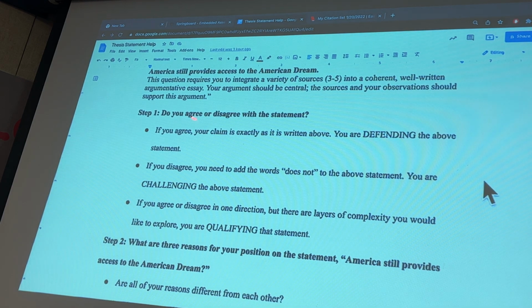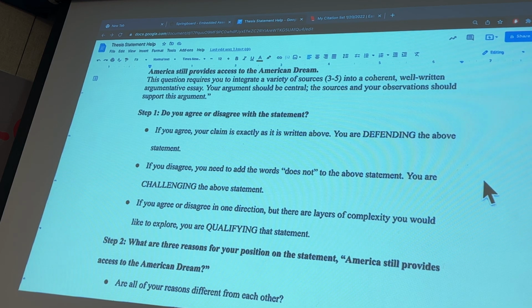So if you agree with that statement, your claim is exactly as it's written above. You are defending the above statement. If you disagree, you need to add the words does not to the above statement, because you are challenging it. So if you disagree, it will read, America does not still provide access to the American dream.